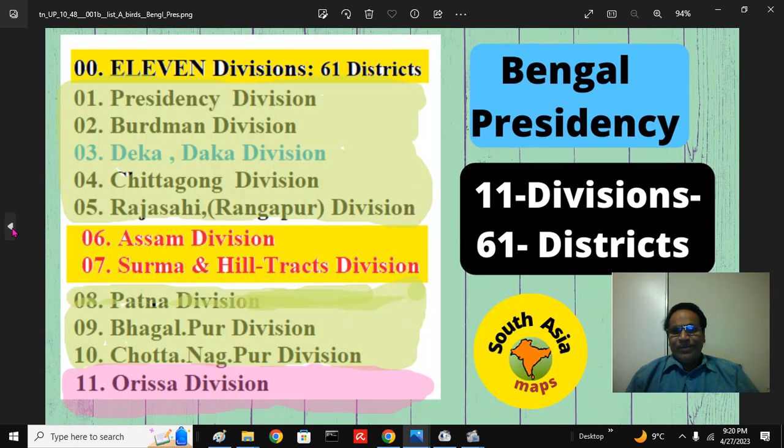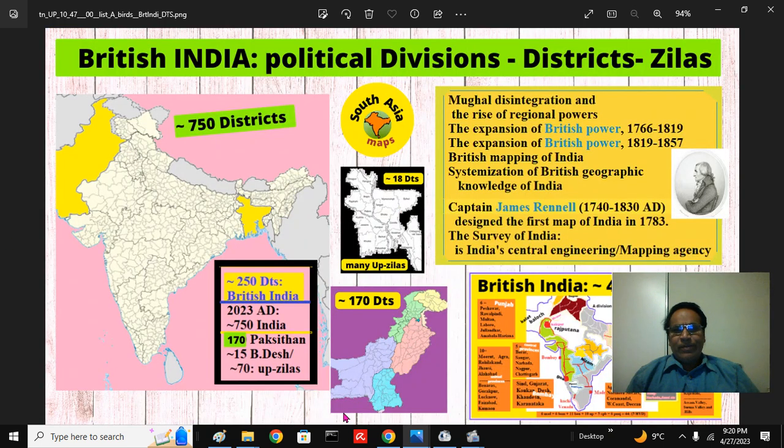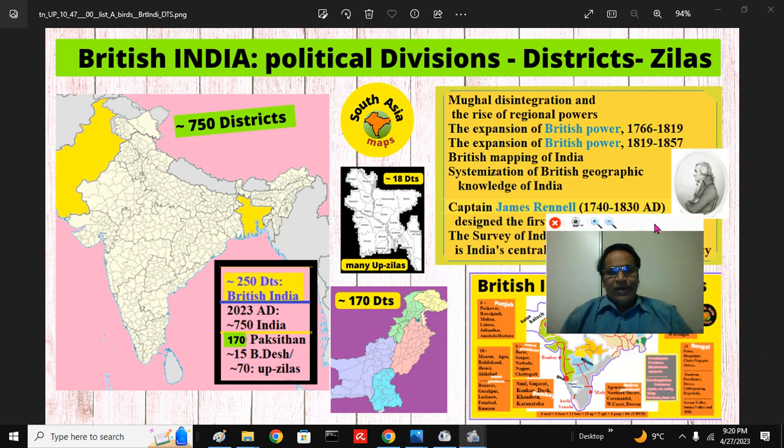And where the British power came, the land of Plassey, the Gangetic Delta, Bengal Presidency, 11 divisions, 61 districts, and the heartland, the United Provinces, the ancient land of Sindh, Ganga Maidan, the Gangetic Plains, you can look at them. This is very important because right now in India there are around 800 districts, and on both sides of the Radcliffe line we have around 200,000 districts. You need not learn them, but I will eventually be posting around 275 to 300 districts, so it is very easy to comprehend. Later, those interested can update their knowledge, learning more.